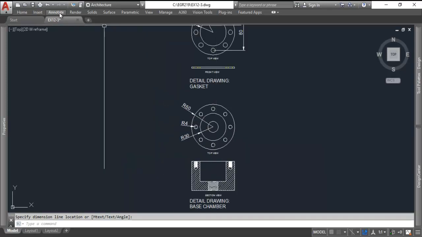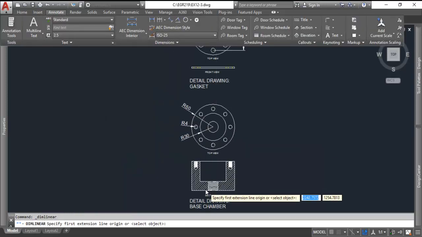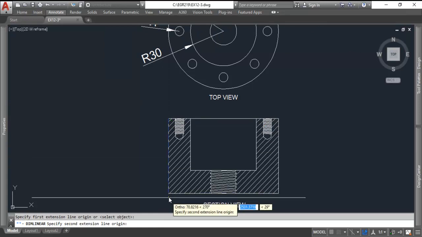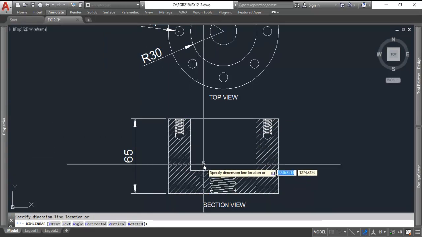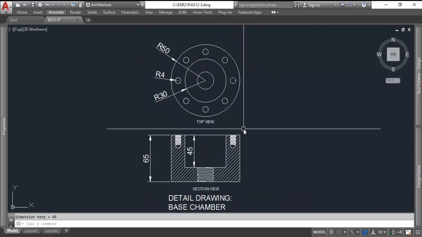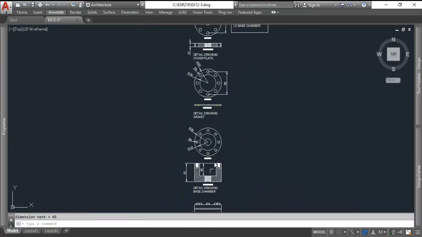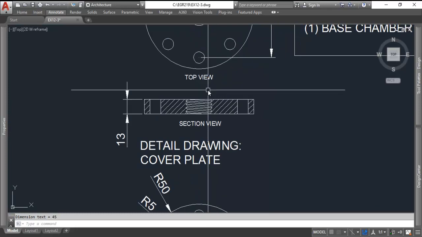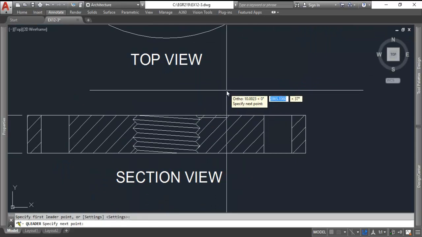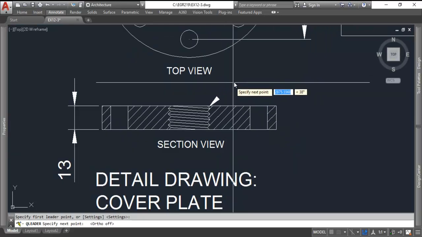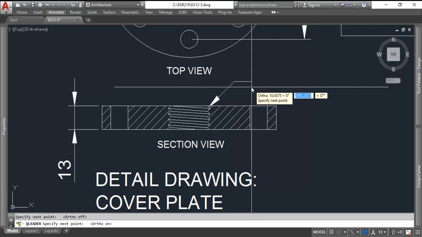And we should do a dimension showing the overall depth, and perhaps one showing the depth of the inner chamber as well. Now here we need to call out threads. None of these had, I guess this had threads too, so let's do a Q leader, and we'll point down here at a thread, turn off F8 to start off at an angle, and then turn on F8 ortho. Hit enter, first line of text, so this is